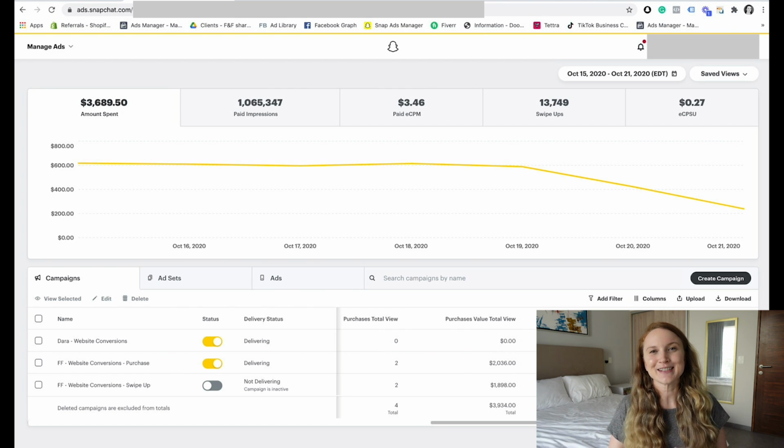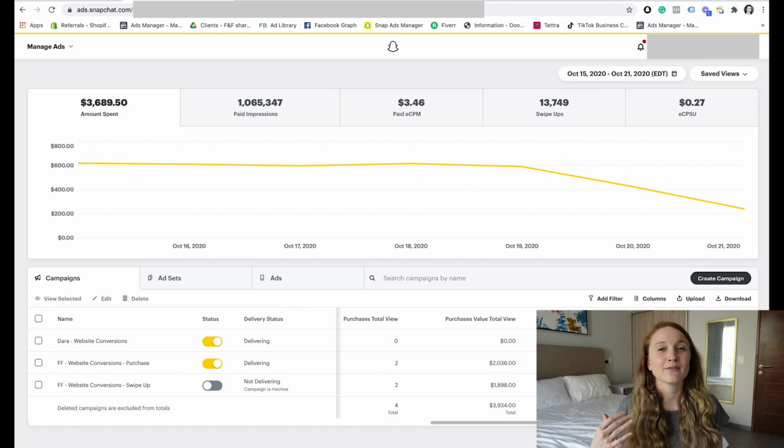If you start looking at this data on your Facebook ads, you're actually going to notice that in some cases, the view through conversions are going to be a lot more prominent than swipe up. And I know this is a total can of worms for advertisers. If you are a media buyer, you're probably like, oh girl, don't go there. But I like knowing on Snapchat ads the ratio between view through conversions and swipe up conversions